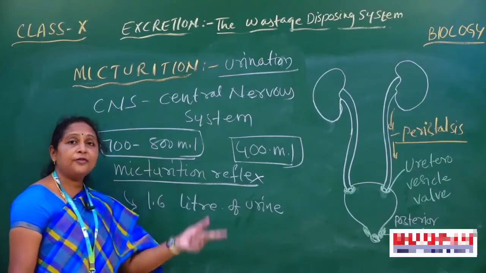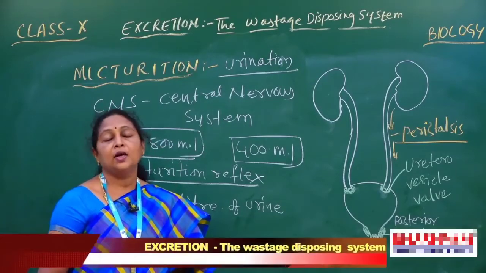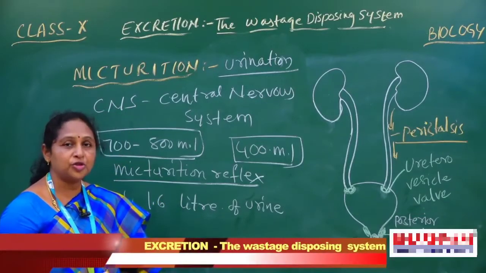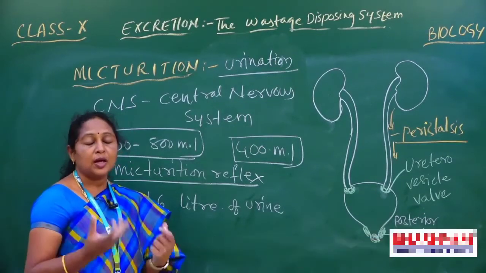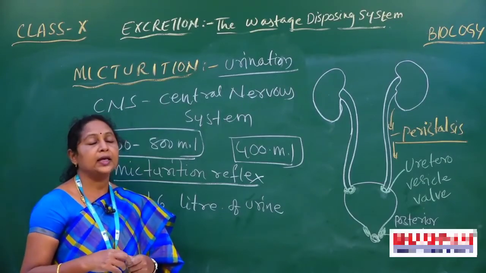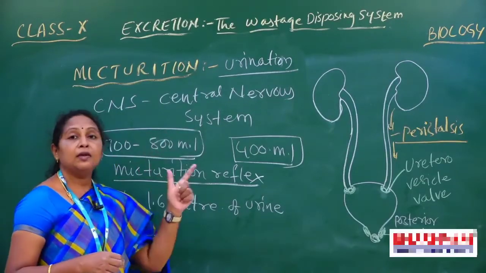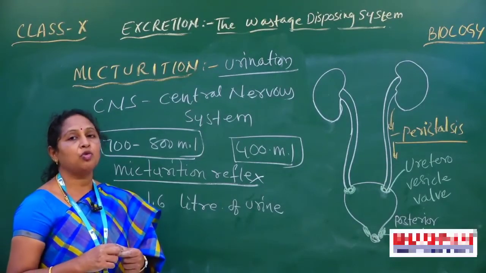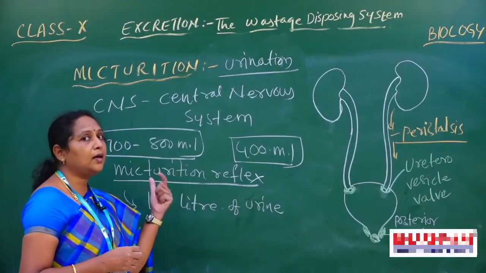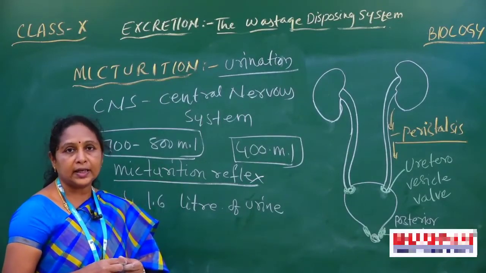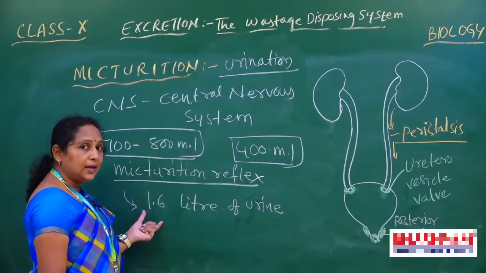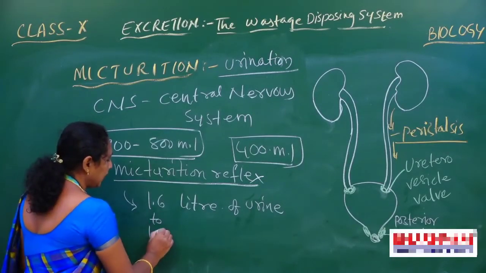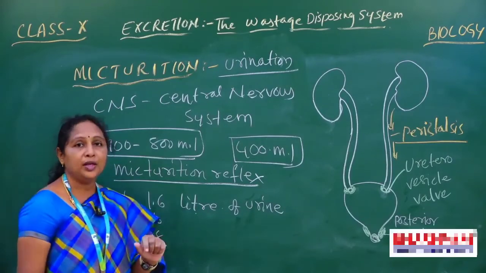The process of urination increases when persons take more fluids like water, fruit juices, drinks or any fruits. When the amount of water intake is more, then urination levels increase. If you take in less watery content, then the urination levels also decrease. So maximum per day we release 1.6 to 1.8 liters of urine per day.